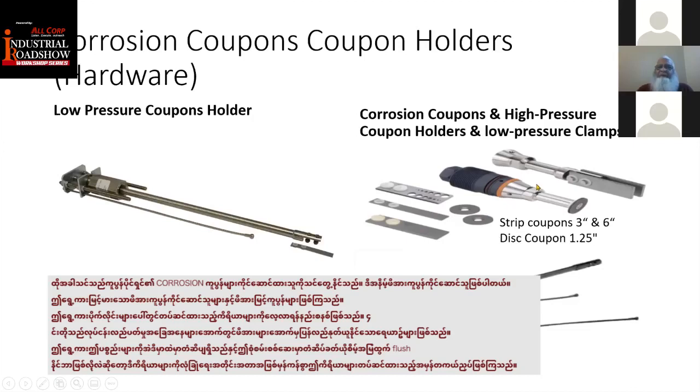Same is true with these ones, and these are the actual clamps which are fitted to these devices as a safety measure, because these devices have a seal in there. If the seal leaks, these probes can flush out. So in order to protect these probes from this unacceptable escape, we always install these clamps, low pressure clamps, to hold the probes in place.